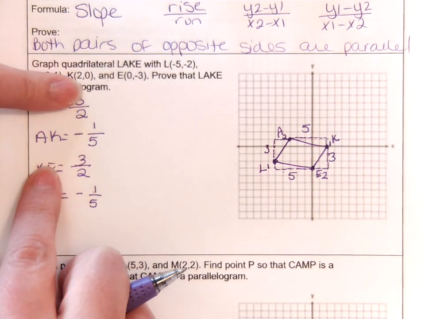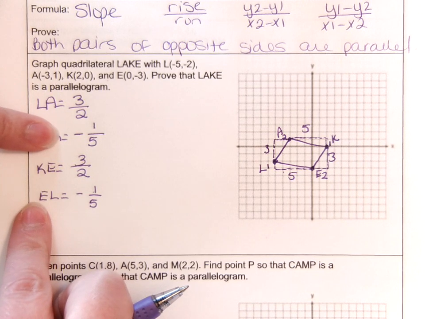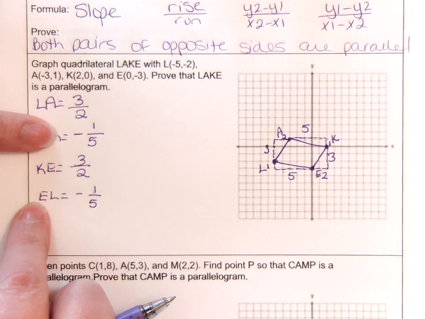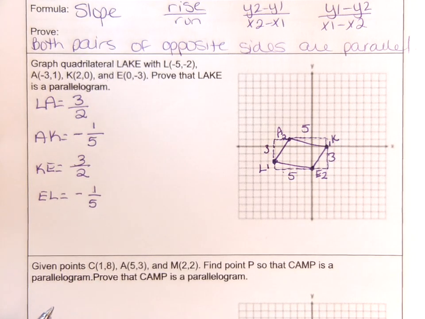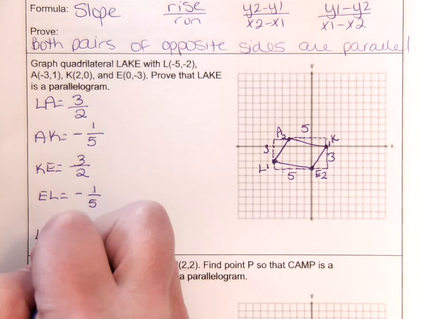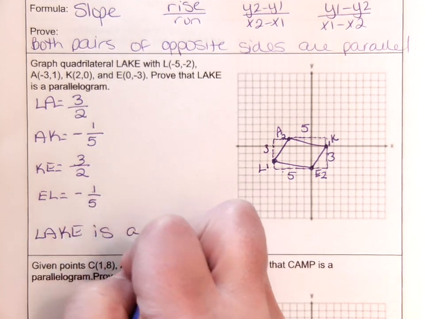So we have two pairs of opposite sides with the same slope, so they're going to be parallel to each other. So we do have to write a concluding sentence. So we're going to say, LAKE is a parallelogram